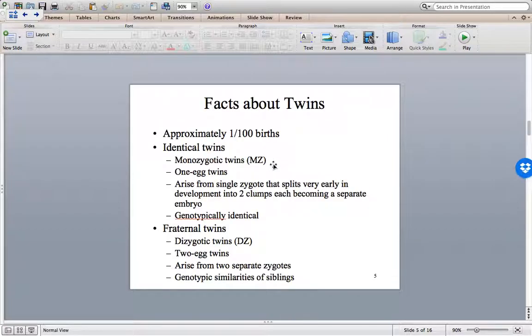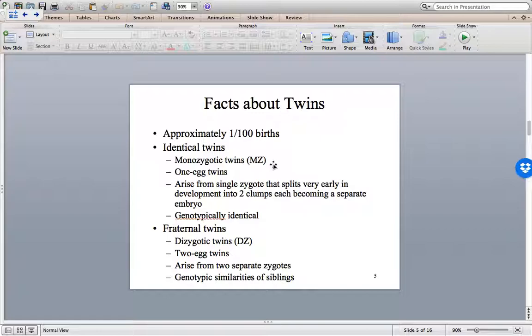Here are some quick facts about twins. They represent about 1% of all births, split roughly evenly between identical twins and fraternal twins. Identical twins are also called monozygotic twins, which is abbreviated MZ. These twins arise from a single fertilized egg or zygote, which is why they have identical genotypes. This egg splits very early in development into 2 clumps of cells, each of which gives rise to an embryo